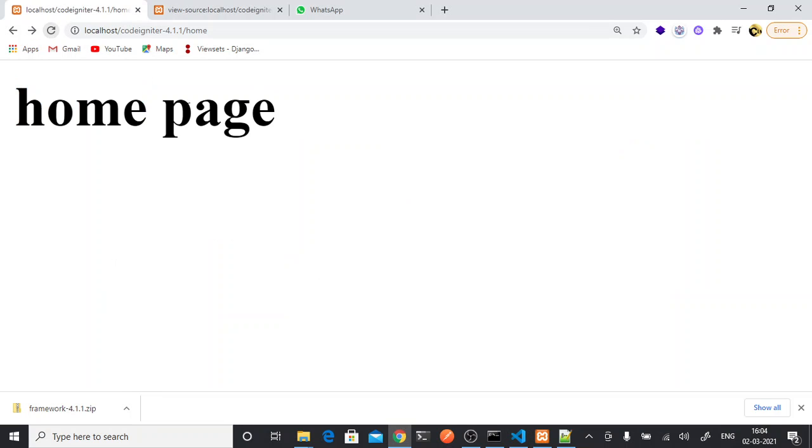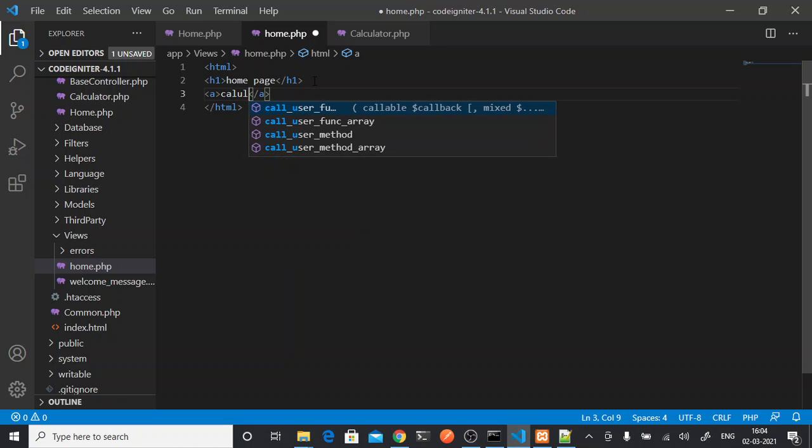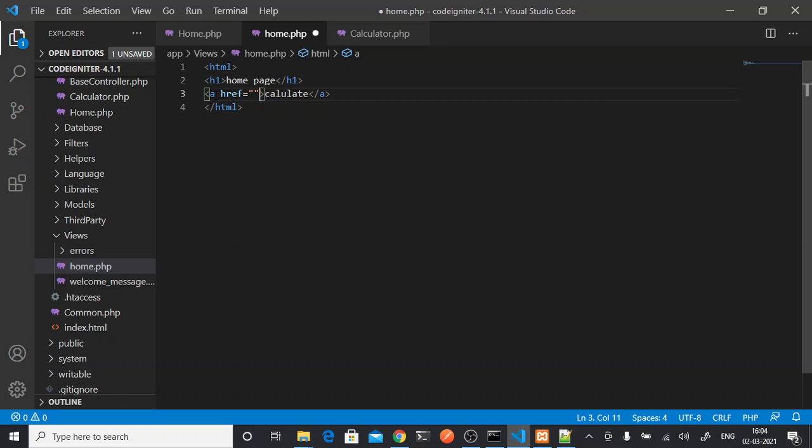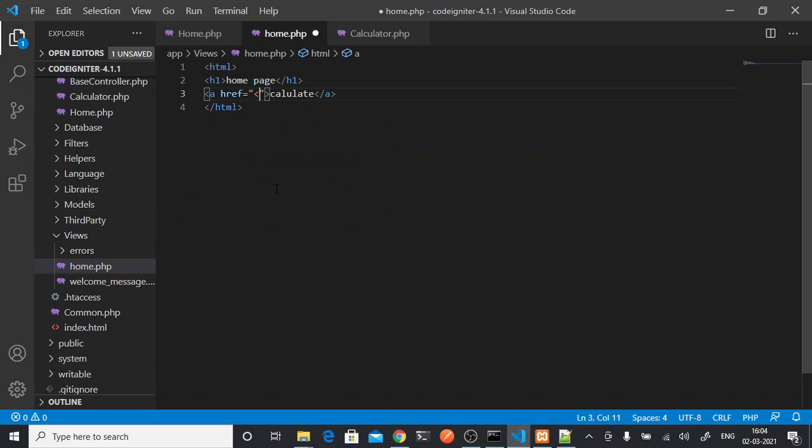So let's see if it is working. Yes. So here now I want a link. So anchor tag, link for calculating, first calculator, right? So calculate, simple. And this href I will give where, on clicking of this calculate, it should go to the calculator, right? So here I will write in PHP,